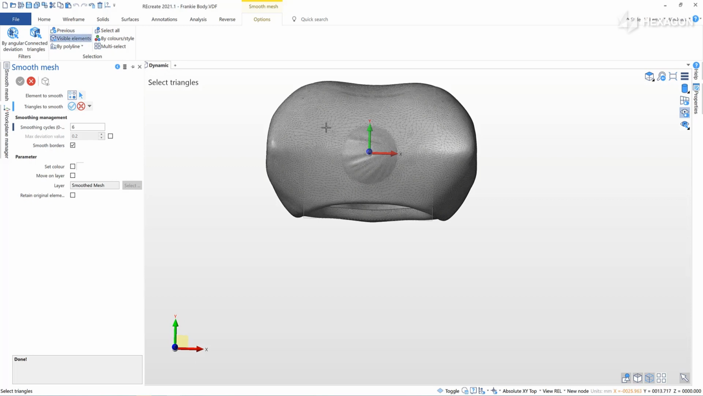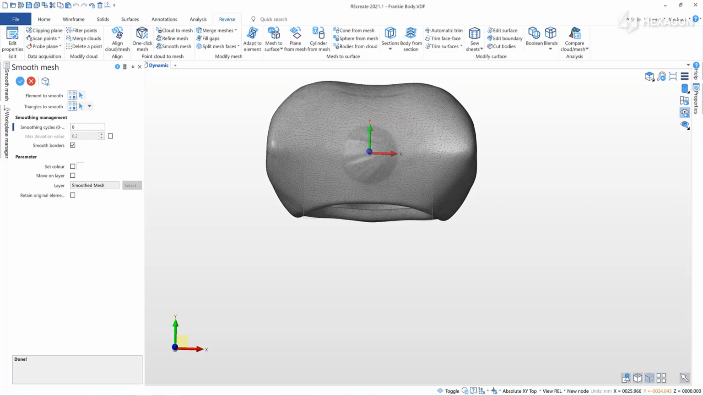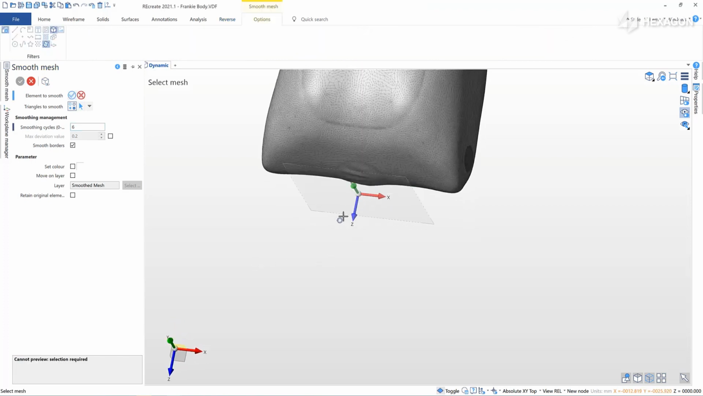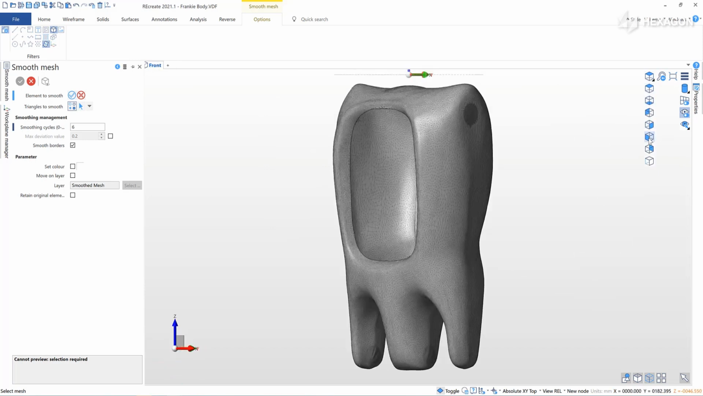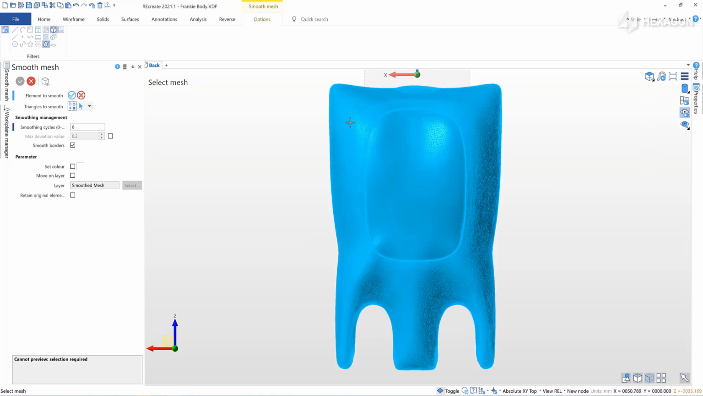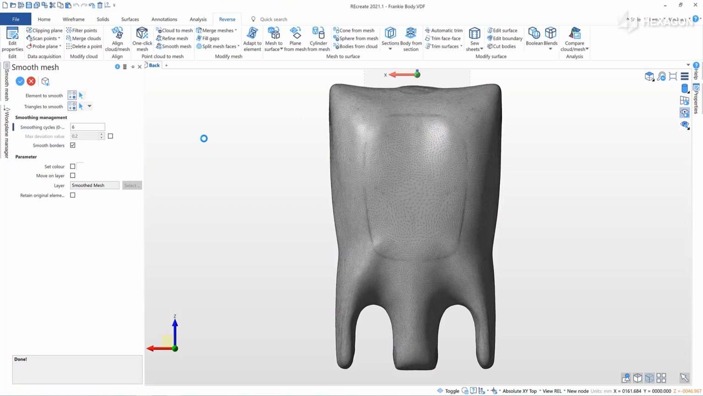So I'll say visible elements. I would just say all of these top triangles. Okay, and we'll do the back as well because we've got this ribbed feature type thing, which I don't know if it is wanted or not. So I'll just smooth